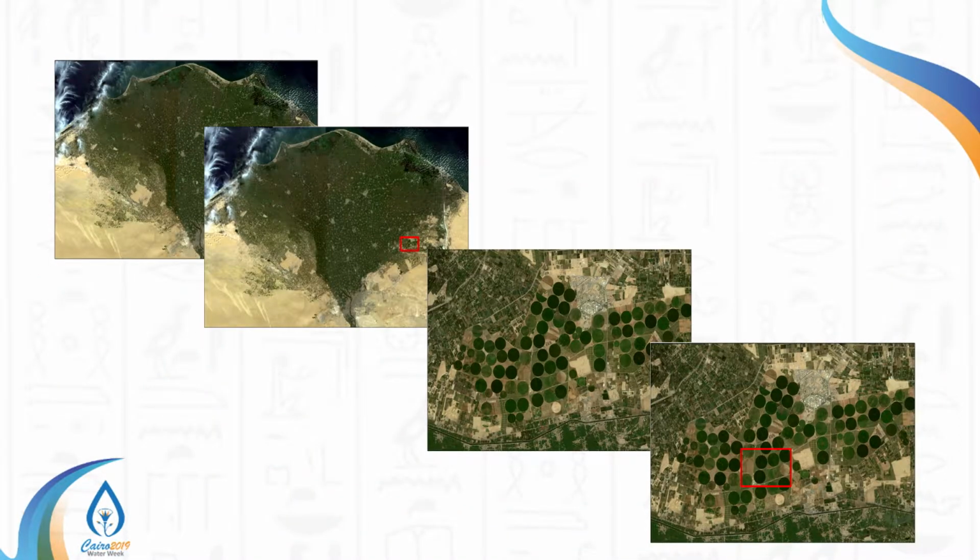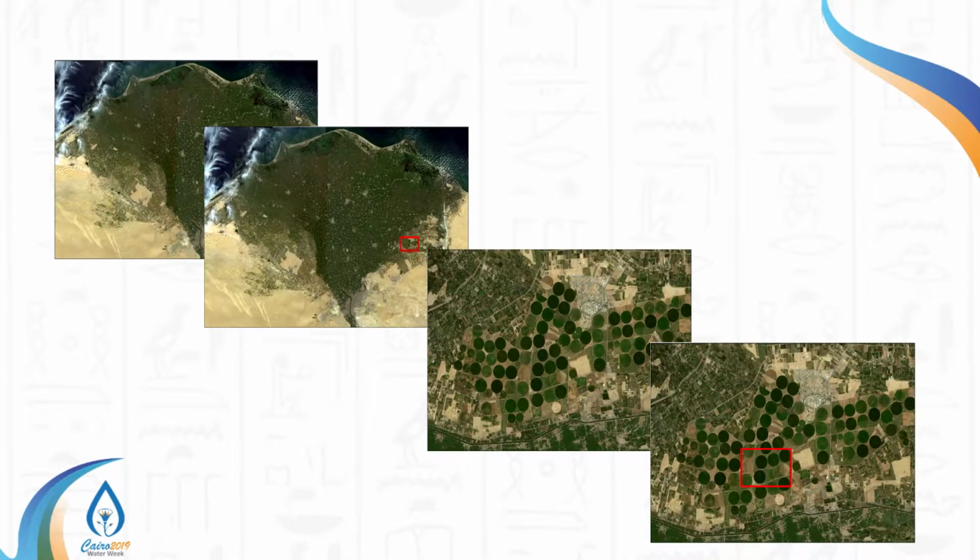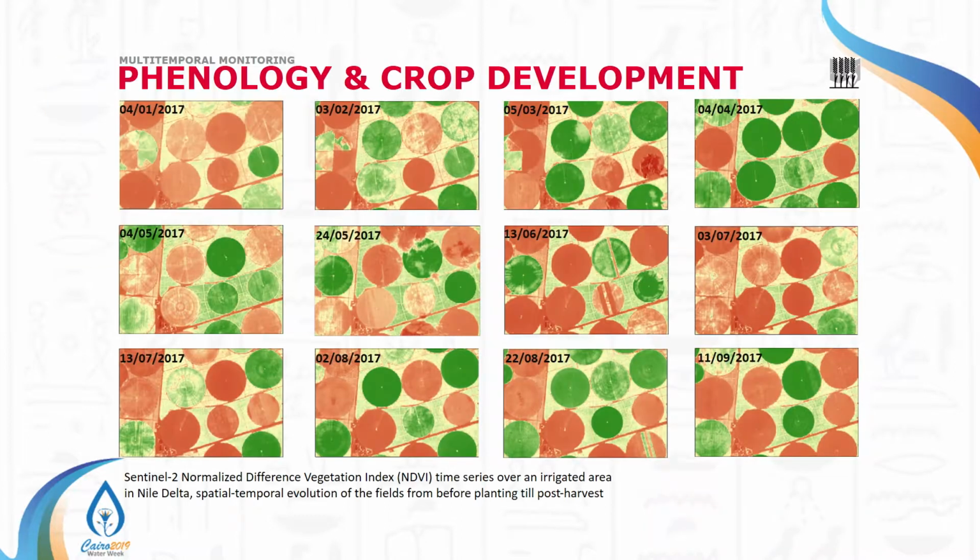So advancement of technology, moving from the Landsat going all the way to Sentinel, and now looking into more detailed information. Like everybody talked about the pivot irrigation, as you can see here in Egypt, different locations. So I'm highlighting this as a red square over there. Look into this area. Let's zoom in a little bit more, and let's look into some phenological and crop development using Sentinel, which is 10 meters resolution.